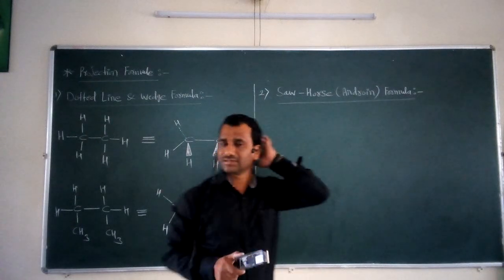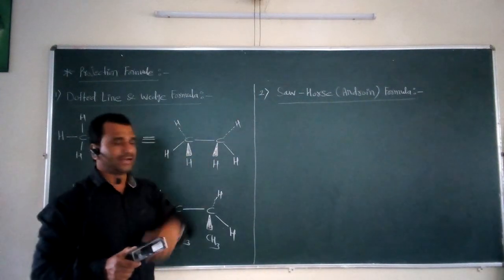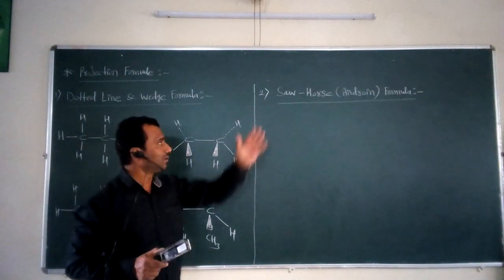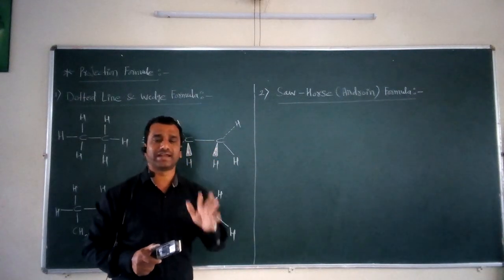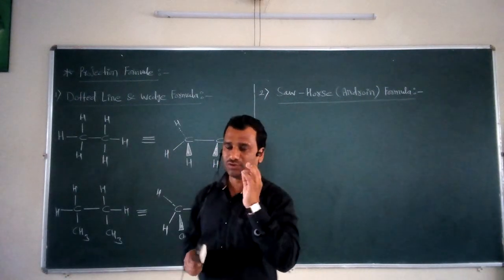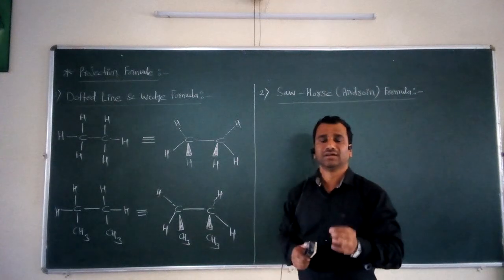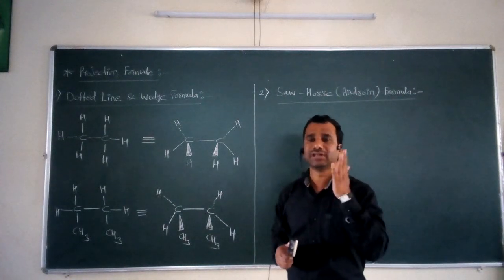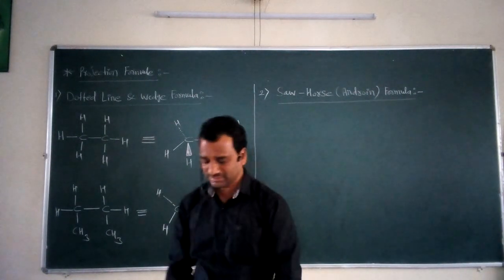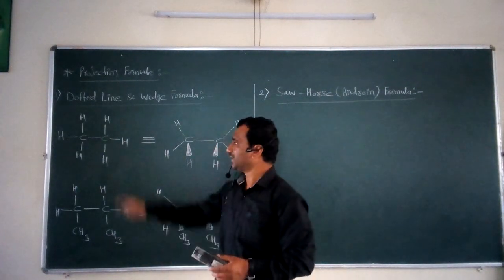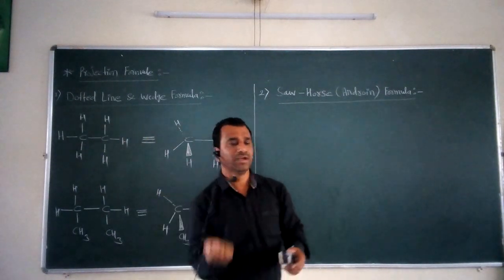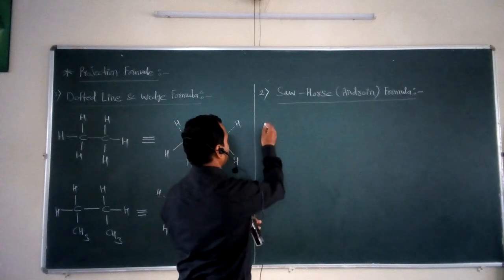Now after completing this first method, the second method we are going to take is called the Sawhorse, that is, the Newman formula. This Sawhorse and Newman formula is very useful in order to study the three-dimensional view of a particular organic molecule. For this purpose, we take the first simple example. Again, we take this ethane molecule for our discussion. So if we take this ethane molecule,